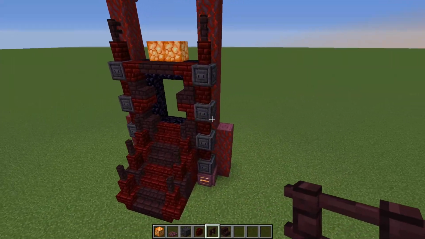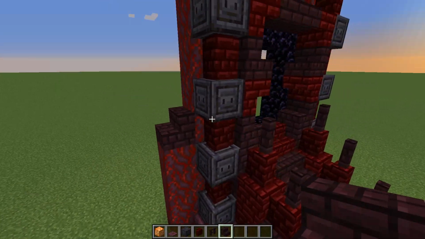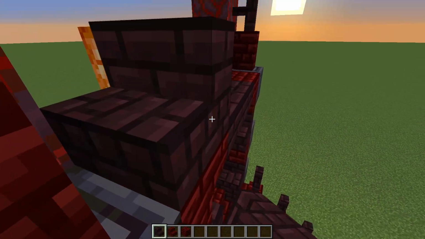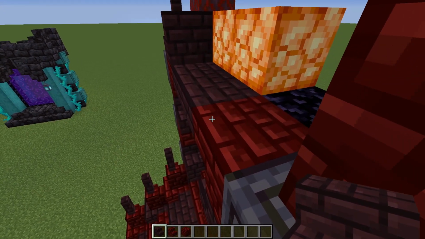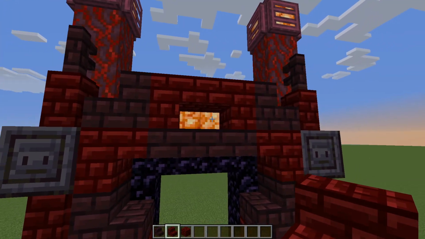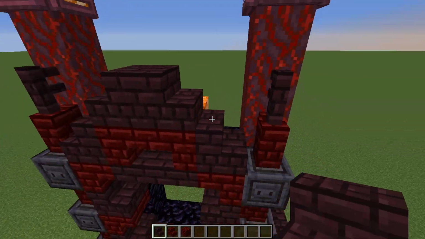Just like that, and then on top of these crimson stems here we can have an ordinary nether brick stair. We can then come to the top by our shroom lights we placed down earlier, and we're going to have 2 regular nether brick stairs just like this with 2 red upside down ones in the center here, so we get a little bit of that shroom light poking through, 2 regular ones together like that,